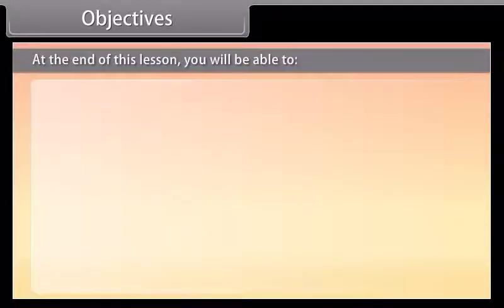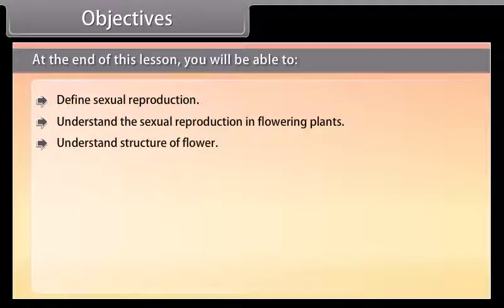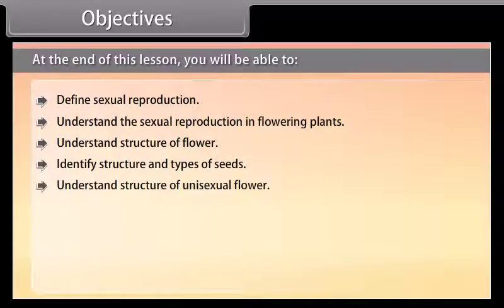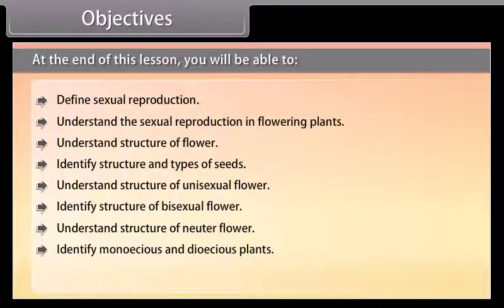Objectives. At the end of this lesson, you'll be able to define sexual reproduction, understand sexual reproduction in flowering plants, understand structure of flower, identify structure and types of seeds, understand structure of unisexual flower, identify structure of bisexual flower, understand structure of neuter flower, identify monoecious and dioecious plants, understand functions of flower,